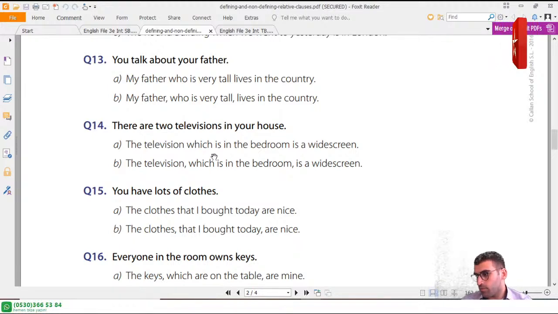These sentences are not from me. Do a lot of mistakes. Yes, and be careful. If we have more than one choice, we have to choose the non-defining relative clauses.